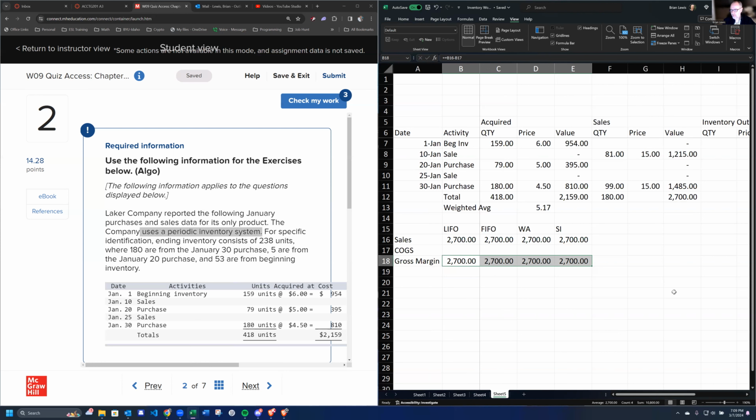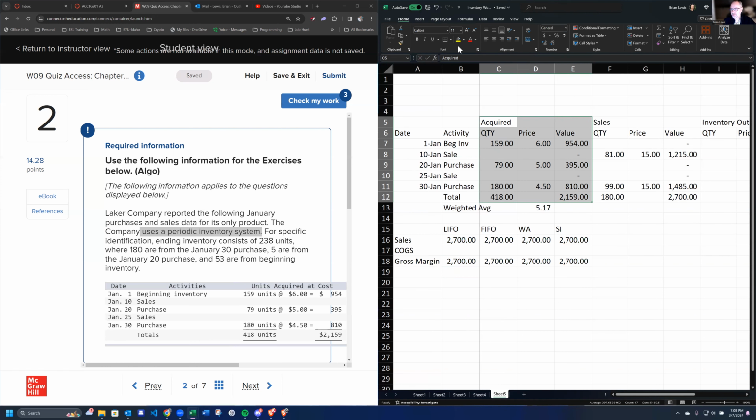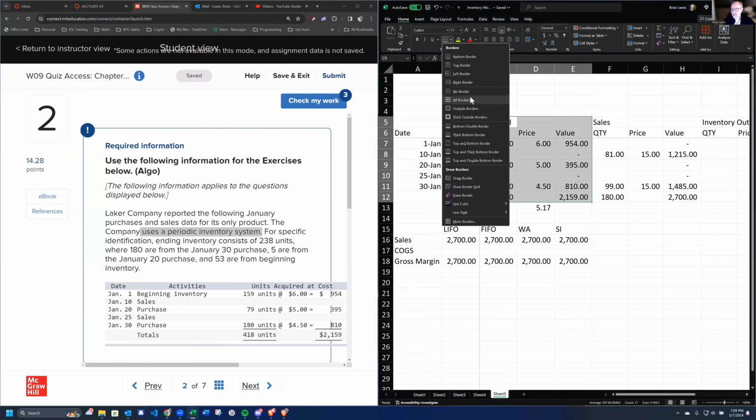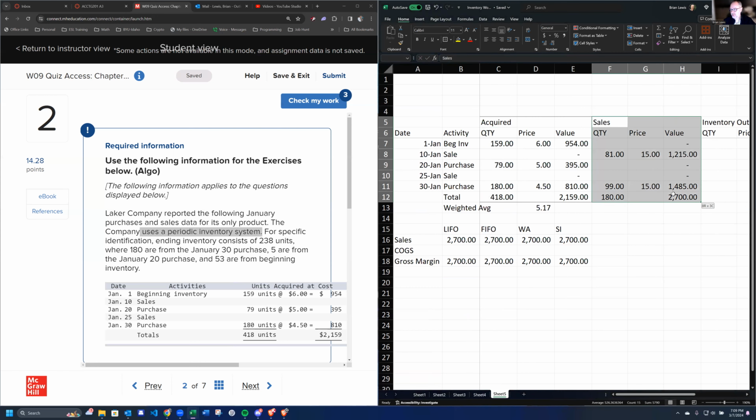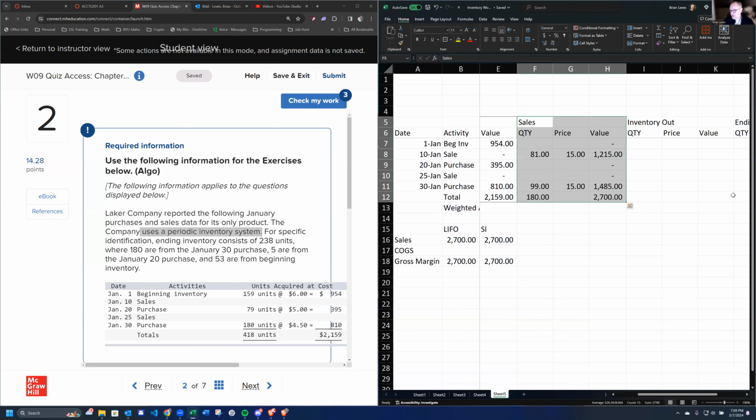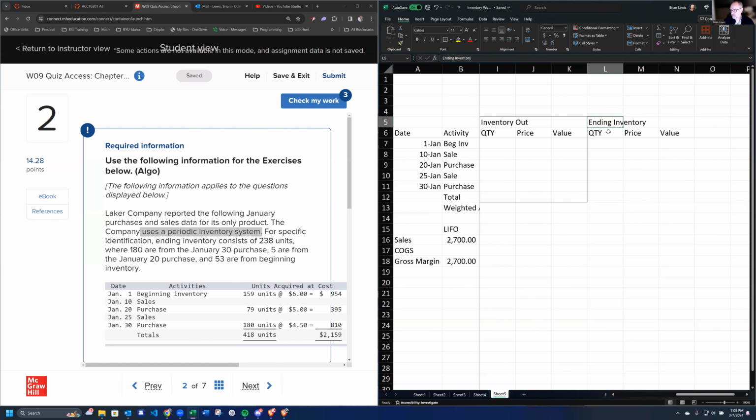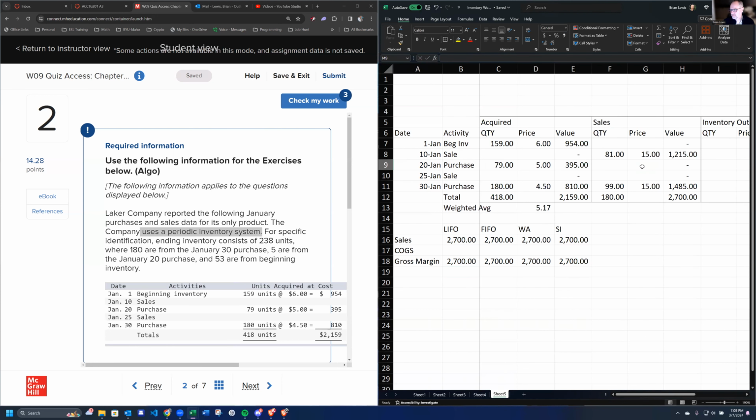So I'm going to put little squares around here so that it makes it easier to break this up a little bit. Let's put a little square around here. Square border. There we go. Sales. F4 gives me a duplicating of what I just did. I won't need all these things. Yeah, I will need it there. We won't use all these, but we'll just go ahead and put a box around it. Okay. So now,